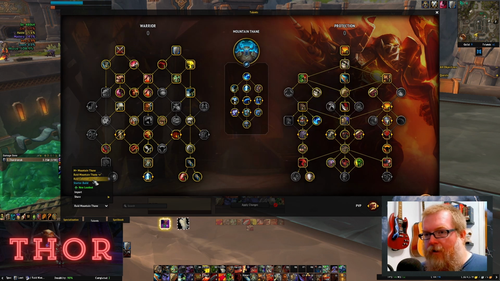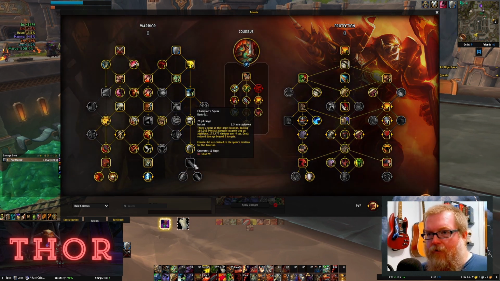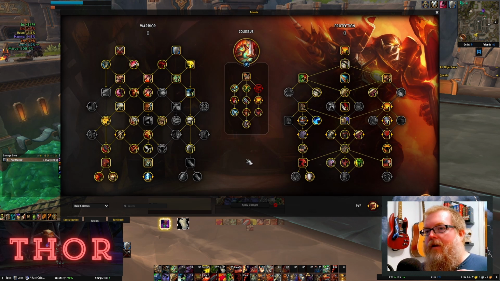If you want to play a Colossus build in the raid, things are going to look quite a bit different here, and we'll talk about why as the talents load out. First of all, you'll notice that we're dropping Champion's Spear, and we're moving over to Thunderous Roar. And the reasoning here, Thunderous Roar has been changed so that it only increases your other bleed damage while Thunderous Roar is active. And we can use this with Colossus to kind of triple down on getting a huge